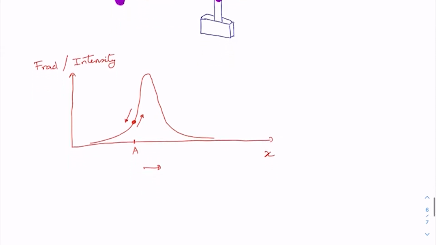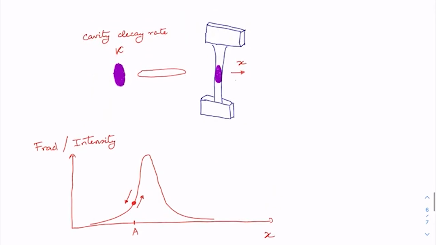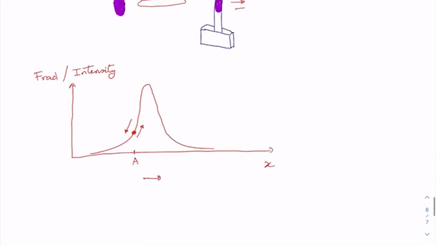Now let us consider the case where the motion is not that slow. That means this mirror is moving with some finite velocity. It's a very small velocity, but it's not the static case. This is the case for the dynamics. And in that case,